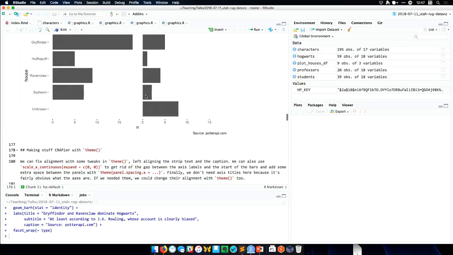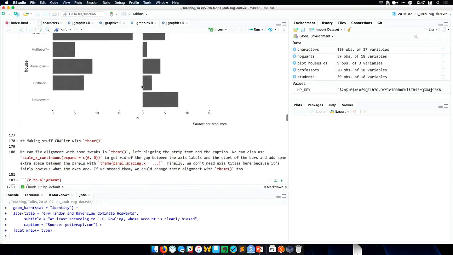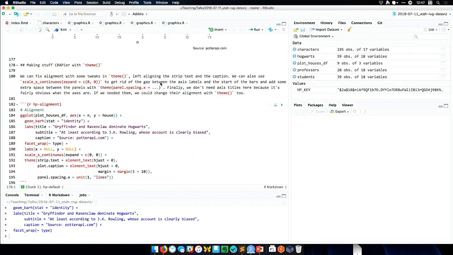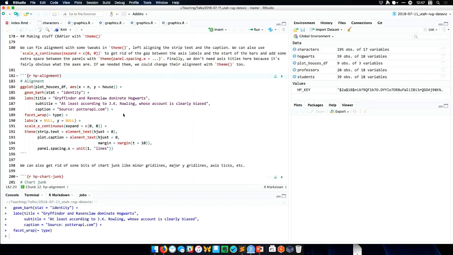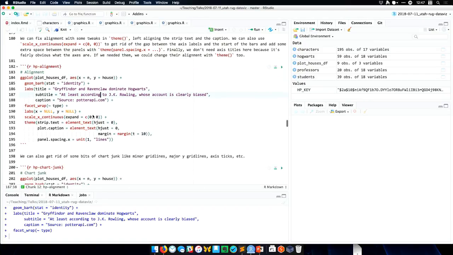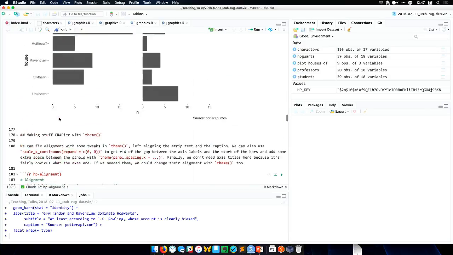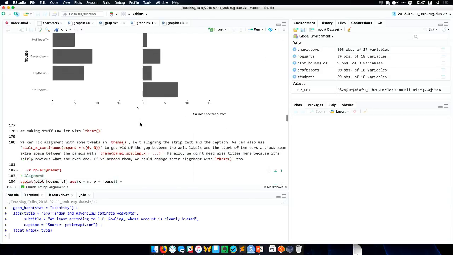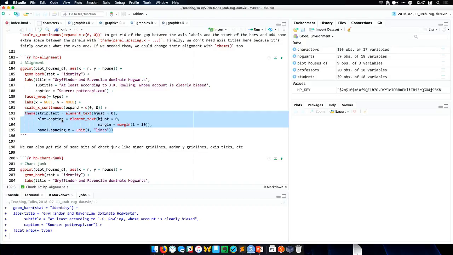So sure. Okay, but we want to fix this chart because that is kind of ugly default. We want to make it more crap-y. So what we can do is fix some of the alignment here. If you look at the code here, I add a couple additional things inside theme. I take the strip text, which is these caption or these facet titles there. I can make them left aligned, I can make the caption left aligned, and I can add extra space in between those two panels, because this